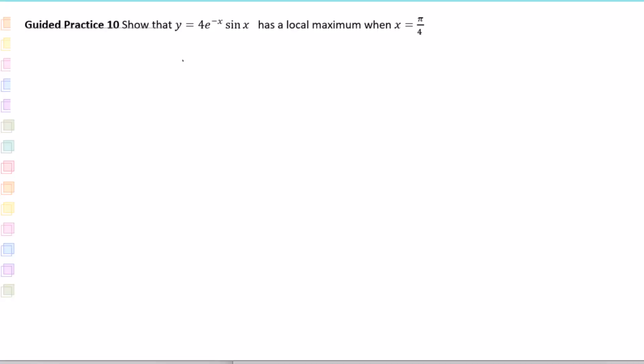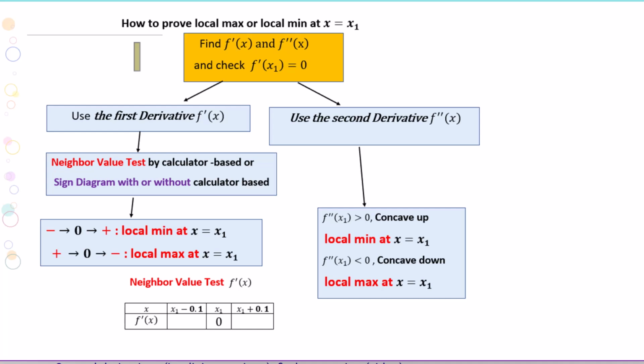Practice 10. Show that y equals 4 times e to the power of negative x times sine x has a local maximum when x equals pi over 4. Here is the procedure for how to prove a local maximum or local minimum at x equals